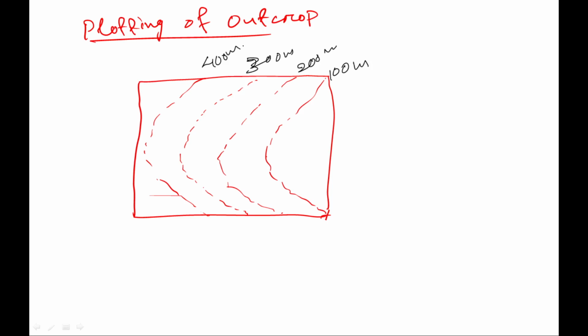400 meters. This is also known as your 3-point problem, but I'm not going to the numerical now. I'm just showing how to plot the outcrop of the bed. Then I'm going to show you how you will solve it in the entrance exam. Before solving the entrance question, the numerical part, let me discuss the fundamentals, that is, how to plot the outcrop. I have shown here contour lines of 100 meter and 400 meter, and I have given 3 points. It is also known as the 3-point problem, right?